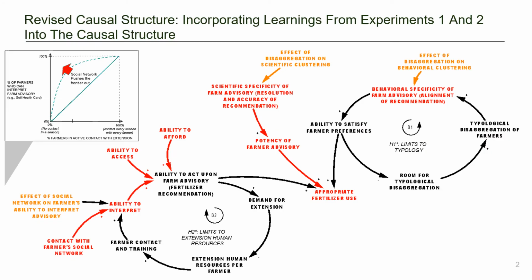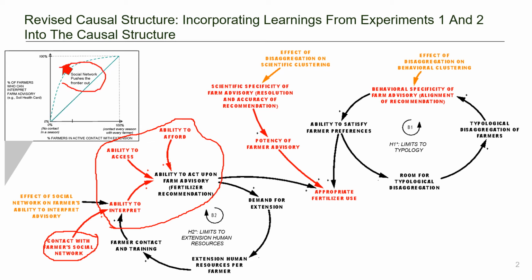Let us now incorporate what we learned from these experiments into the basic causal structures that we started with. What you see in red here is the addition to the original causal structure. The first thing that we learned was that the actionability has 3 components: the ability to interpret, access, and afford what is being recommended. And the contact with agricultural extension really influences the interpretation the most. We also learned that if social network can be used effectively, farmers do benefit a great deal, as was originally